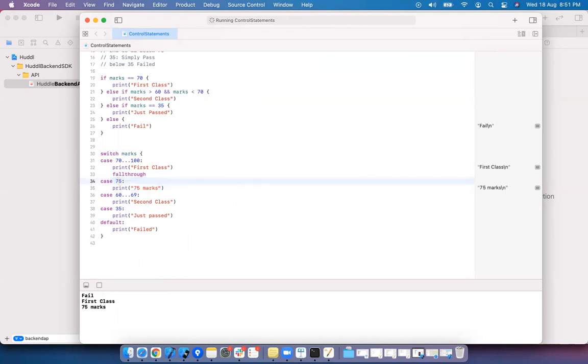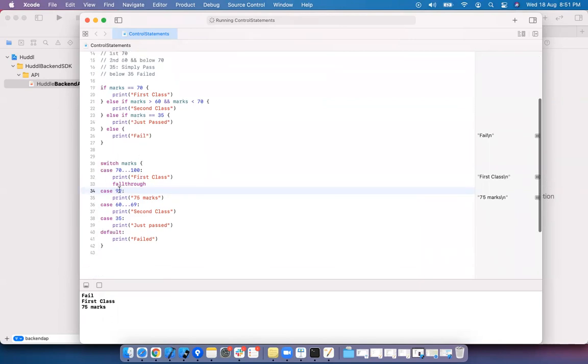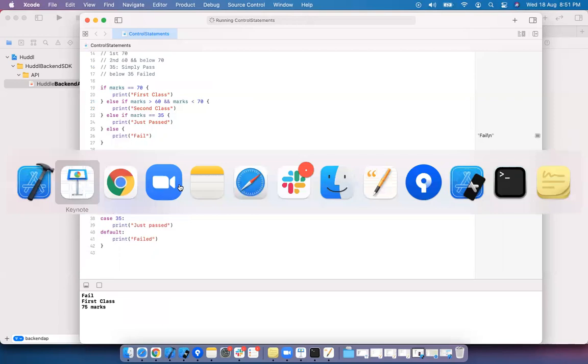Even if you put 99 here, your marks are 75. Even if you put 99, actually it is false. Though we are using fall through, this will be executed. Basically, we don't use fall through. The purpose of fall through is whenever you are specifying dependent cases. I will show you an example here.